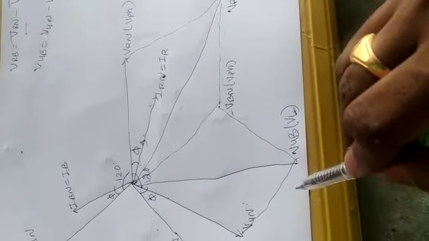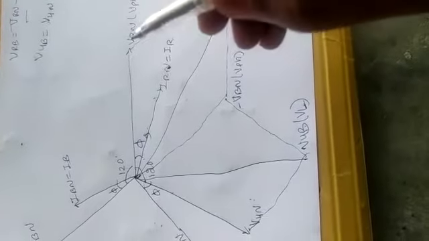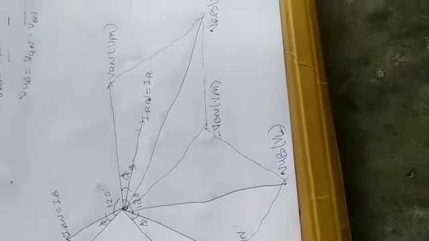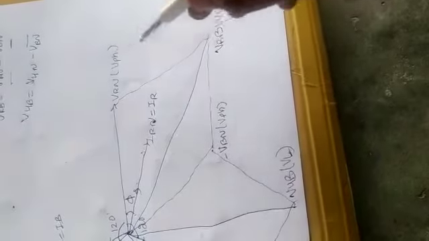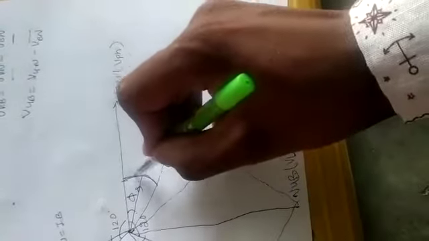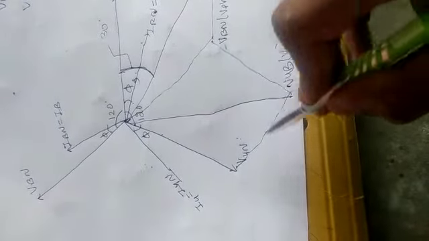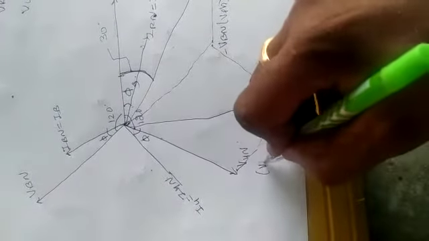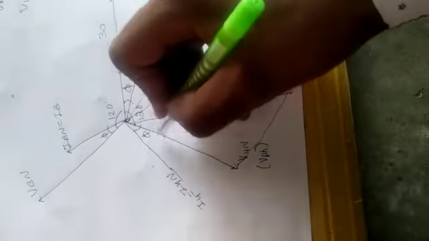okay. Then as you all know, the angle between line voltage and phase voltage is always 30 degrees, okay. So this is phase voltage and this is line voltage, this angle is 30 degrees, and this is line voltage, okay, and this is V1, meaning phase voltage. The angle between these two is 30 degrees.